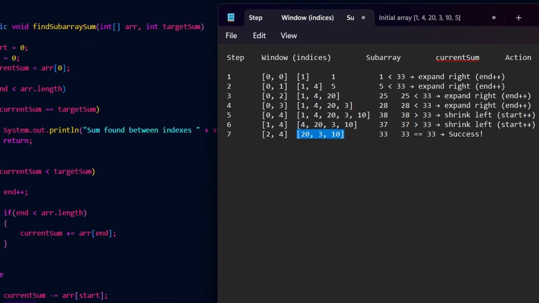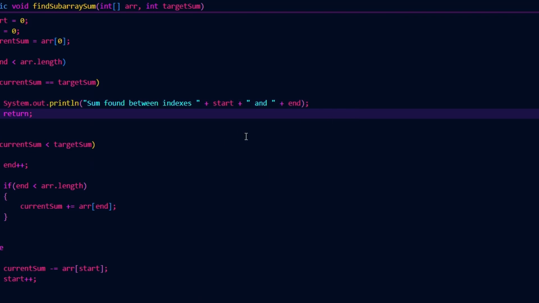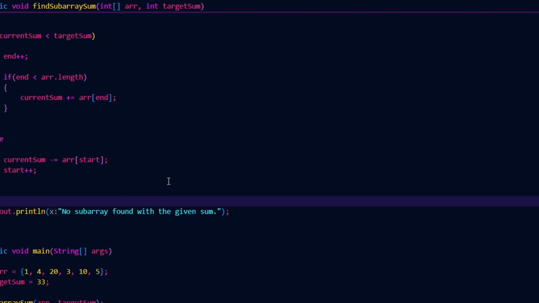It's going to check this if statement: if current sum is equal to target sum. Yes, the current sum is equal to target sum. 33 is equal to 33. We have found the number, and then it will say that we have found this. I am going to run this code